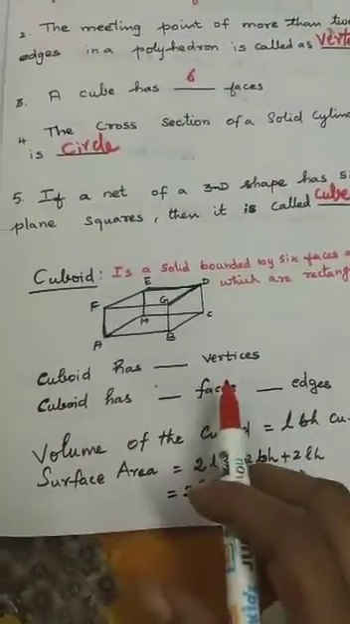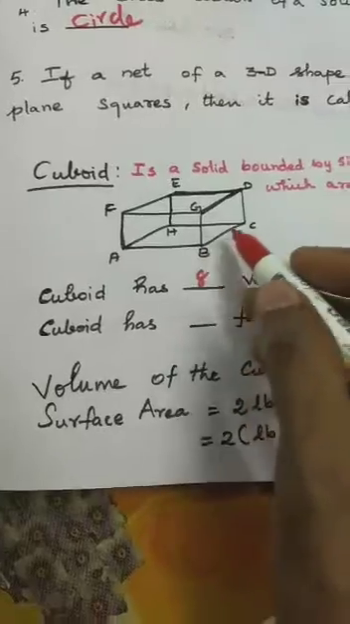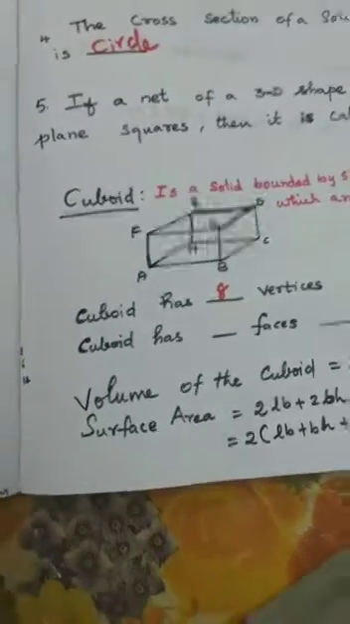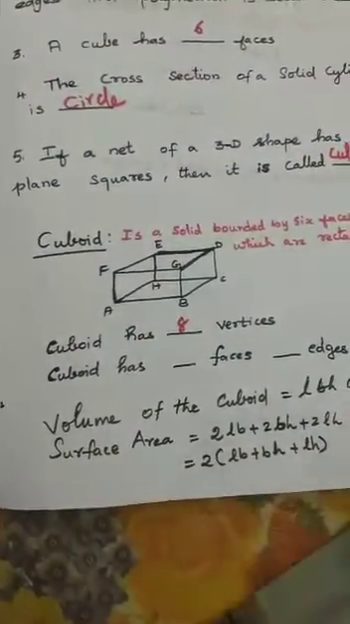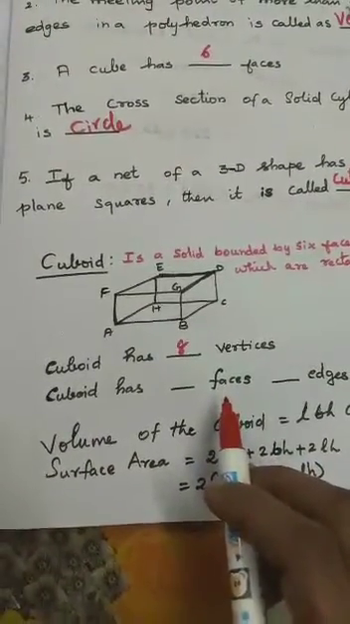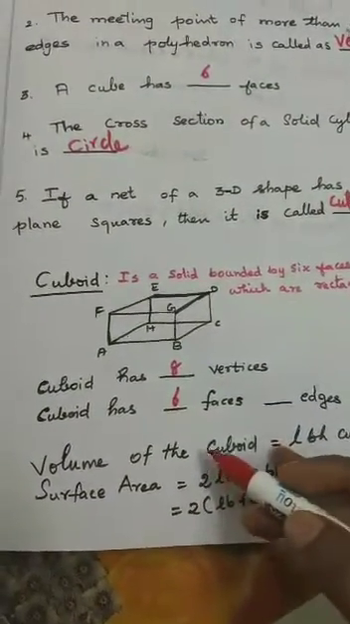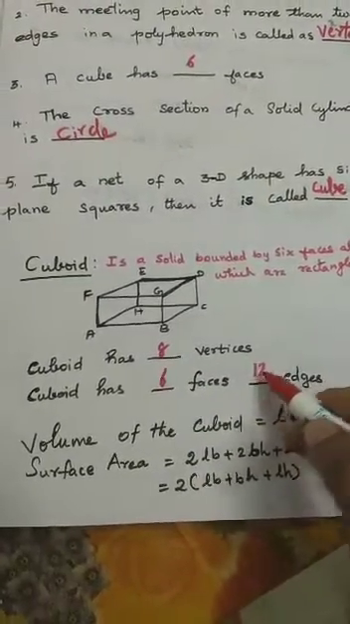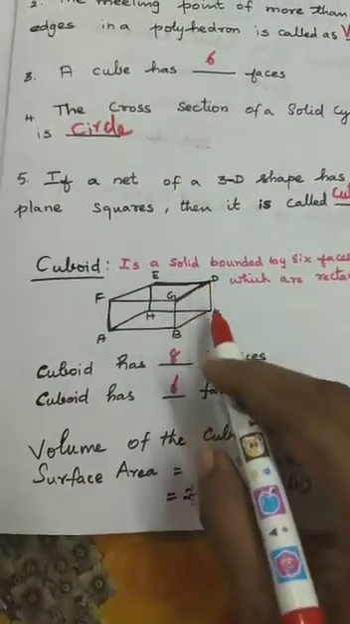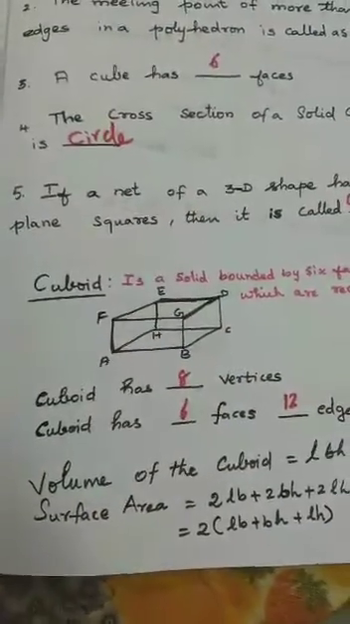A cuboid has dash vertices. How many vertices does the cuboid have? 8 vertices: 1, 2, 3, 4, 5, 6, 7, 8. The cuboid has 8 vertices. The cube also has 8 vertices. A cuboid has dash faces. How many faces? Yes, 6 faces. Then how many edges? 12 edges: 1, 2, 3, 4, 5, 6, 7, 8, 9, 10, 11, 12. 12 edges